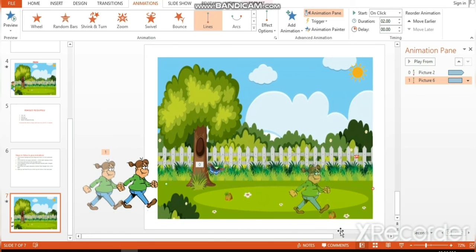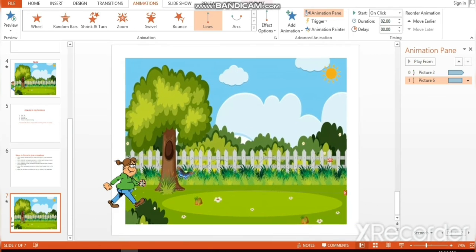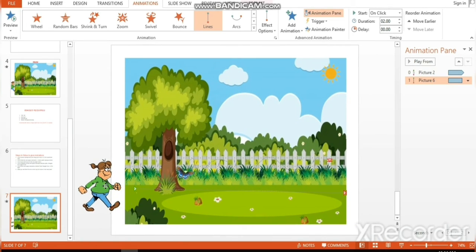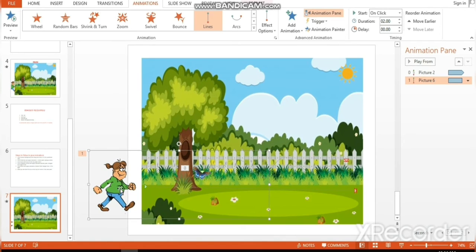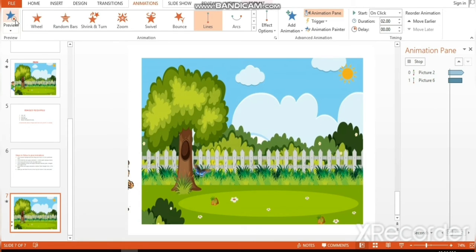If you keep this walking woman outside of the background, when you give animation, she walks in from outside.